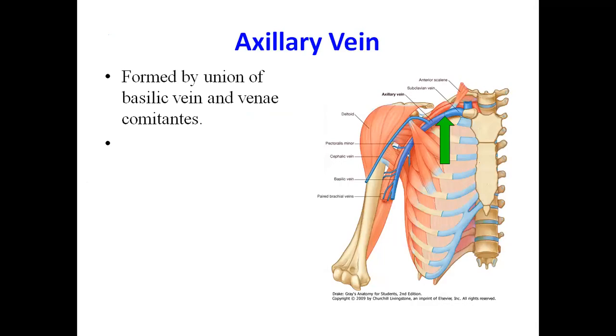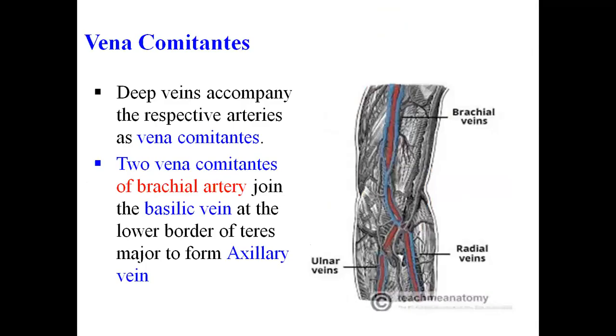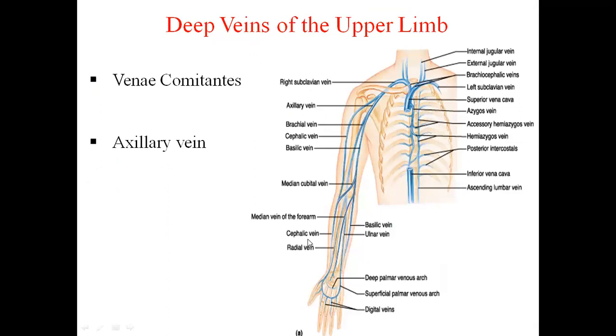So with this little knowledge, now let us see what are the deep veins we have. So deep veins, we name them as vena comitants because they are seen as two veins on either side of the artery. Finally, all these vena comitants are draining into the same vein where the superficial set of veins also have drained. That is nothing but axillary vein. Axillary vein drains into subclavian, subclavian drains into brachiocephalic, brachiocephalic drains into superior vena cava. Superior vena cava drains into right atrium. That's how this is the venous drainage. The deoxygenated blood is being collected and it is being pumped to the heart in this way.